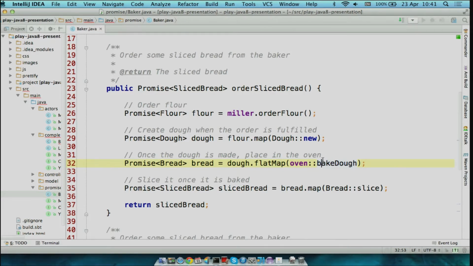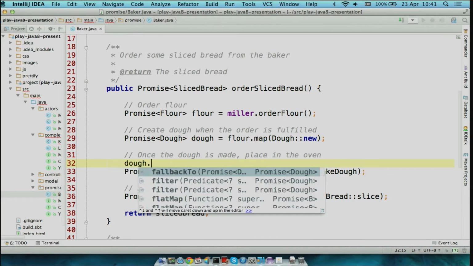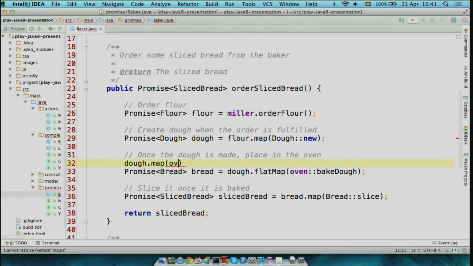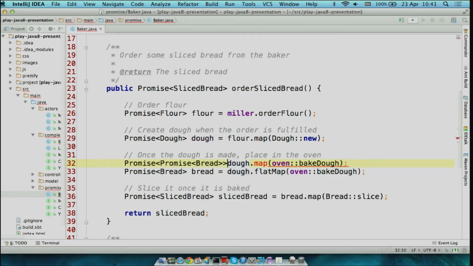If I were to just use map here to explain why it's called flatMap, if I just did dough.map oven bake dough, what I would end up with is a promise for a promise of bread, which I don't want because it doesn't make sense to promise a promise of something. And so what flatMap does, where the flat comes from, is that you flatten that promise of a promise into a single promise.